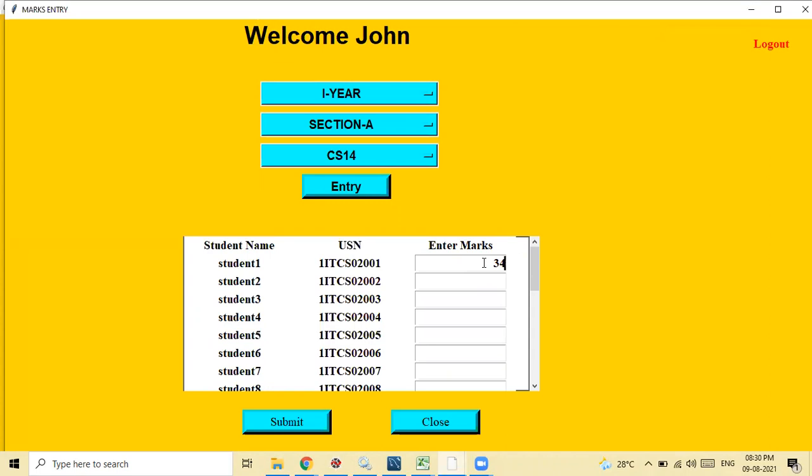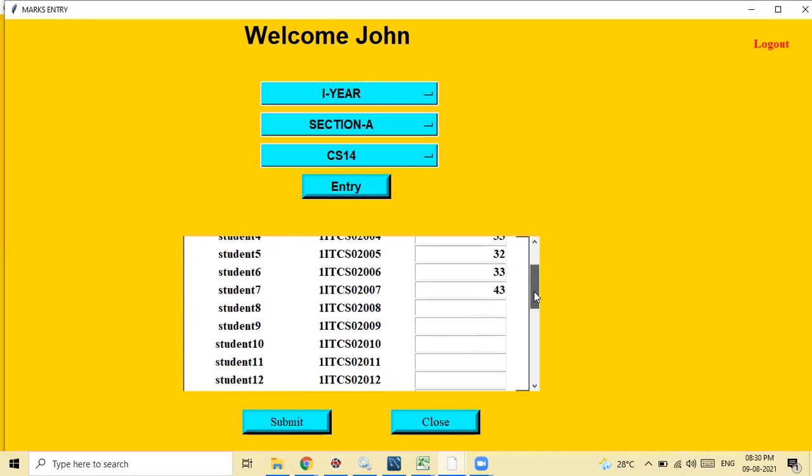Within that range we have to enter the marks. So randomly we will enter some marks here. Based on the marks they have got, we will have to enter the marks. Currently this is only for understanding purposes. Randomly I'm just entering the marks.